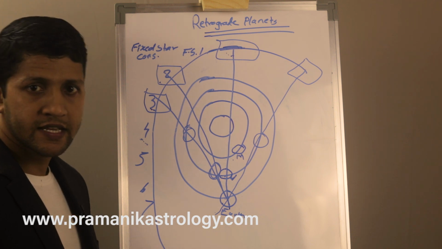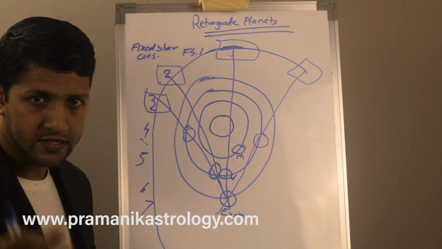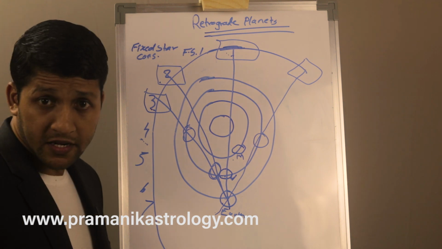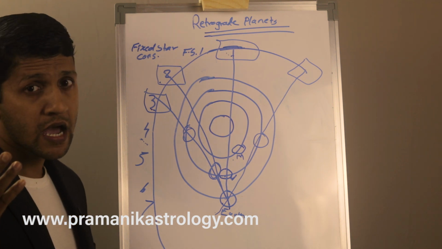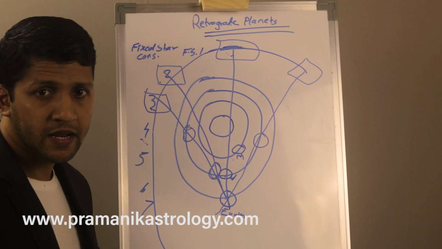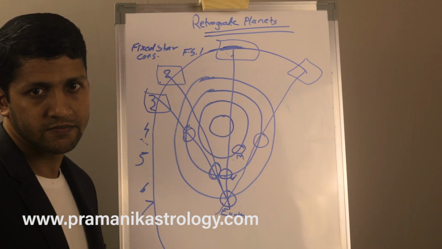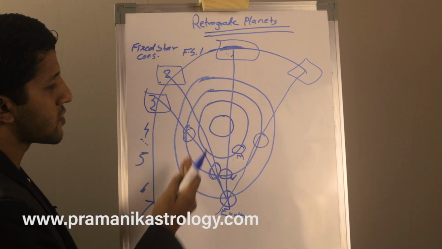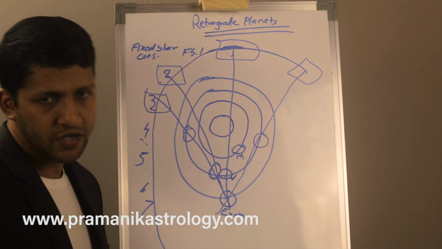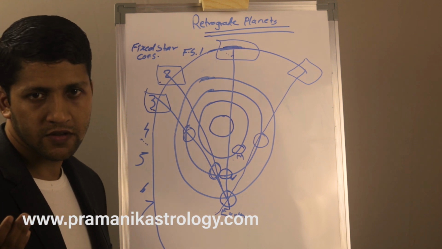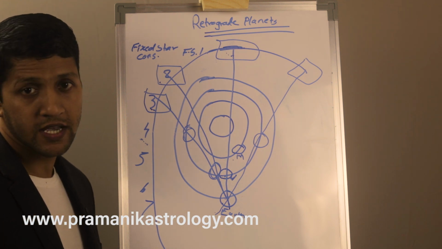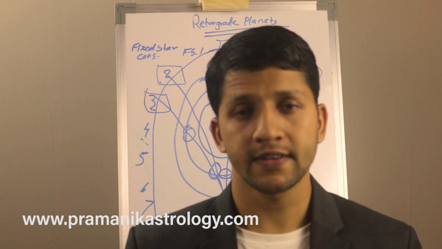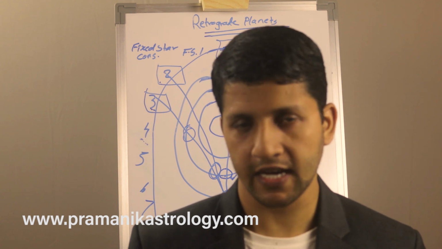Okay, and this can apply to all the planets. Mercury gets retrograde, Venus gets retrograde, Jupiter, Saturn, and Mars, all the 5 planets get retrograde in the same fashion. We talked about Venus. Similarly, you can draw for Mercury. Similarly, you can draw for Mars. In this diagram, we discussed how exactly the retrogression of a planet happens in the sky.